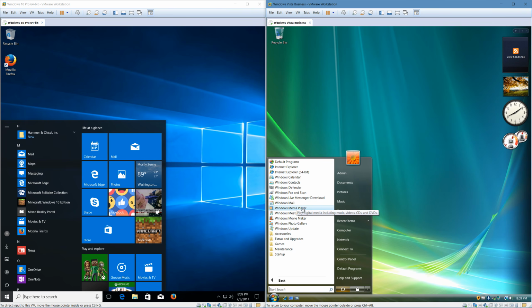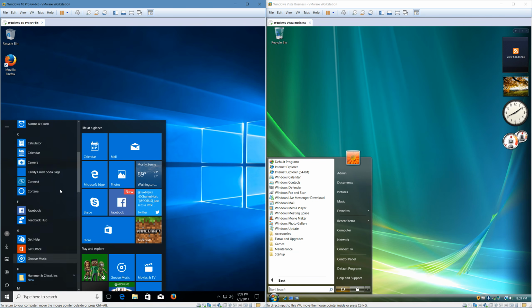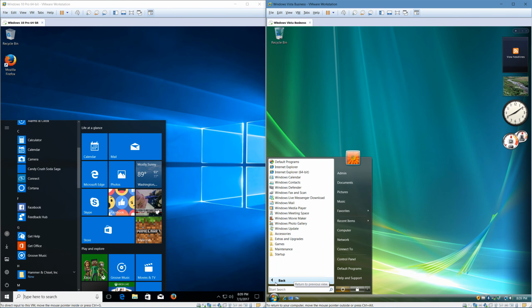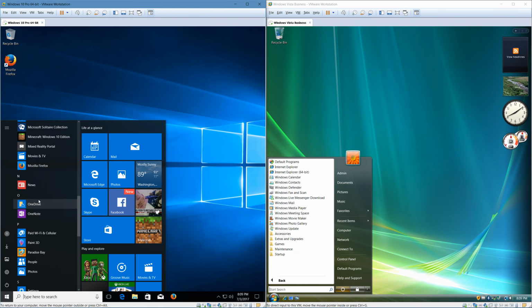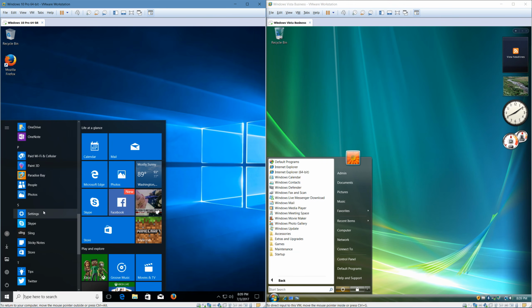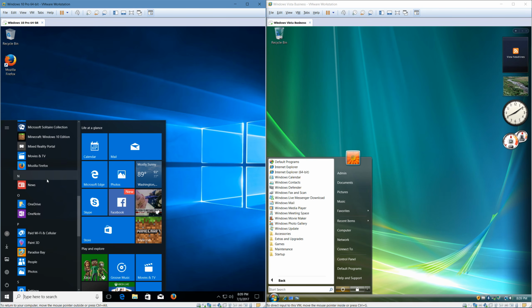Icons are noticeably smaller in the start menu in Vista, and they're noticeably bigger in the start menu in Windows 10, and that's because they're trying to accommodate touchscreens, which, you know, it's not a super huge deal. I like how condensed they are in Vista, but it's not like you can't find what you need in Windows 10. I personally don't have a touchscreen on this computer, so the large icons are kind of pointless, but that's just